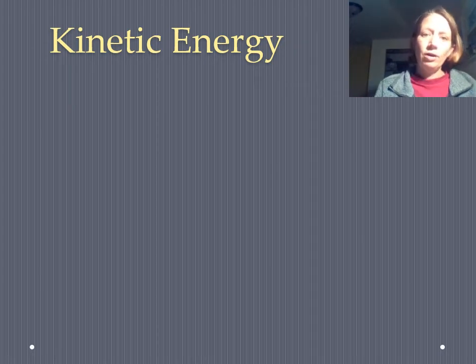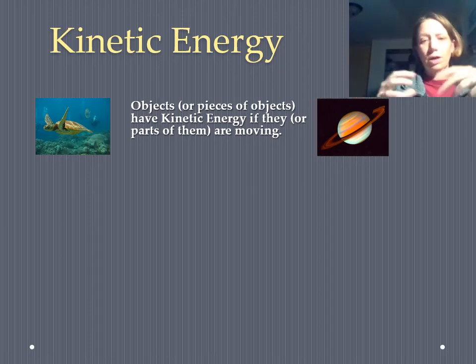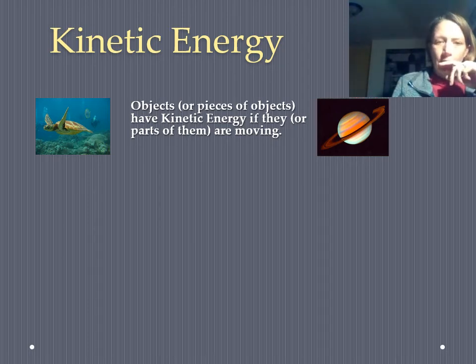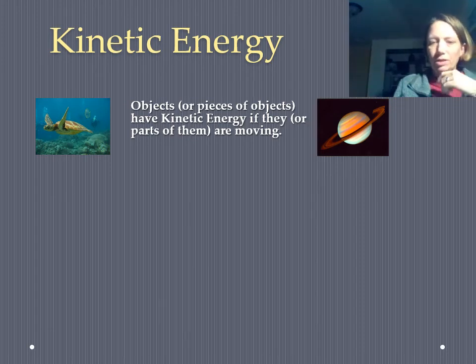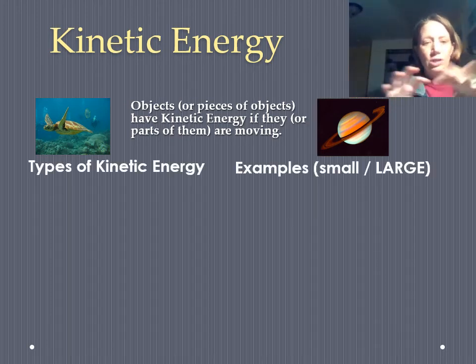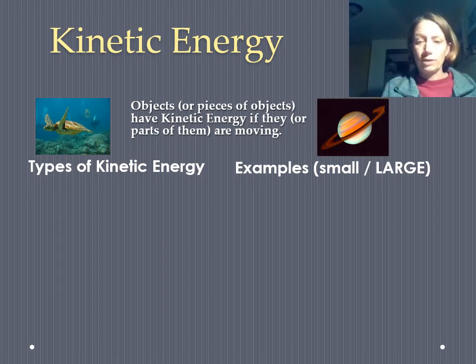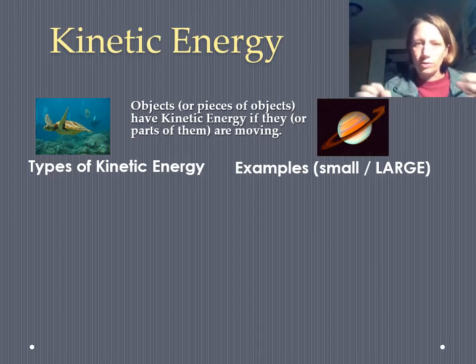So in the category of kinetic energies, we've got any kind of energies, as I said before, where objects or pieces of objects are moving. So a couple examples, we've got a moving turtle, or we've got this planet that might not look like it's moving, but there's lots of pieces of it that are moving as they spin around. So we're going to break the kinetic energy into a variety of more specific types, and I'm going to give you some examples of objects that would have a little bit of that type and objects that would have a lot of that type, so you can sort of start wrapping your hands around